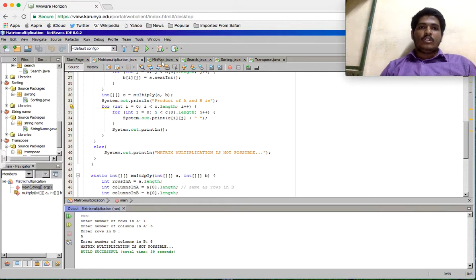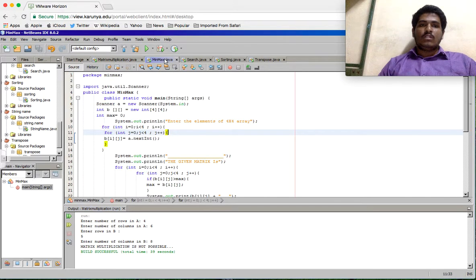Now I'm going to discuss this program using Java, min and max. package minmax; import java.util.Scanner; public class MinMax { public static void main(String[] args) { Scanner a = new Scanner(System.in); int[][] b = new int[4][4]; int max = 0; System.out.println("Enter the elements of the 4 by 4 matrix");